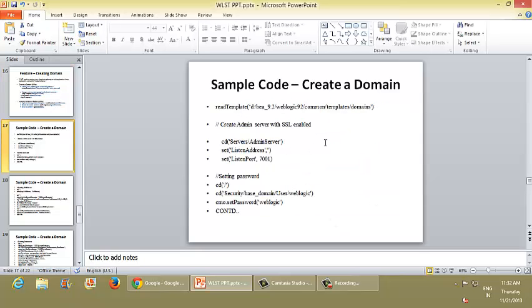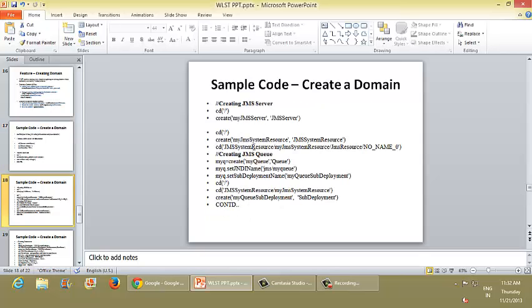Here is a sample code of creating a domain. Here we can read the template through readTemplate. The cd command is used to change the server. Here we can set the listen port and listen address. For changing a password, we use this type of command. For creating a JMS server, we will use this type of command,